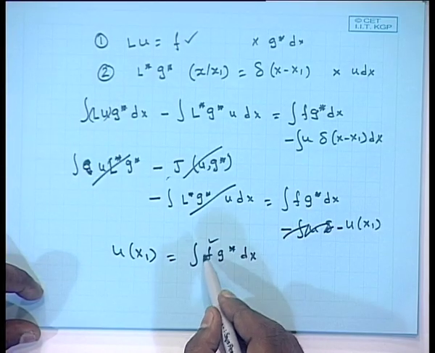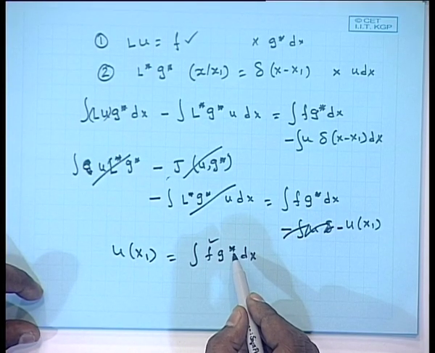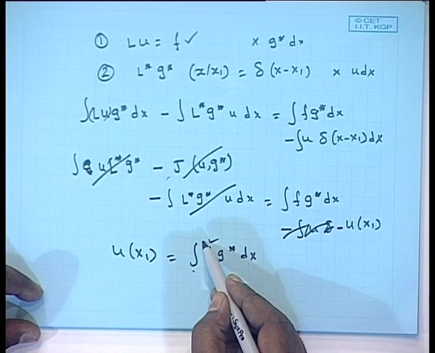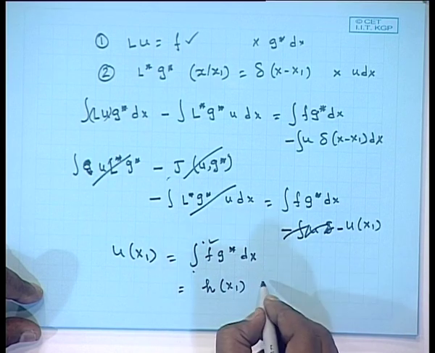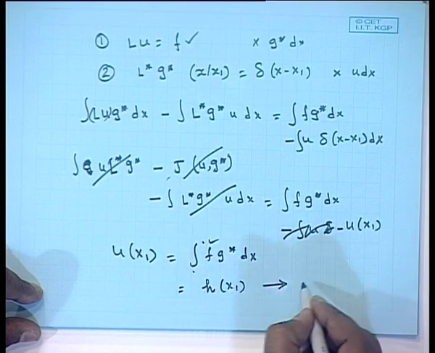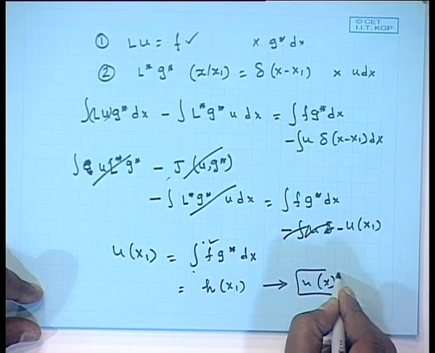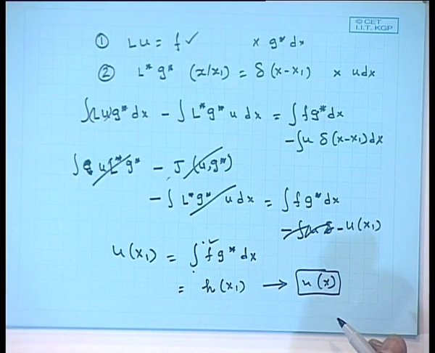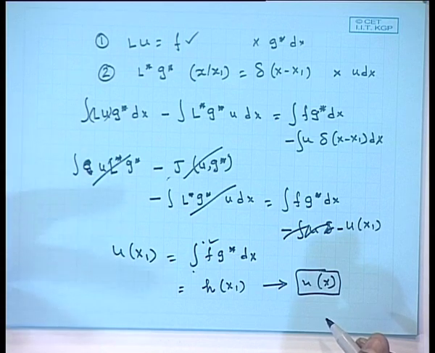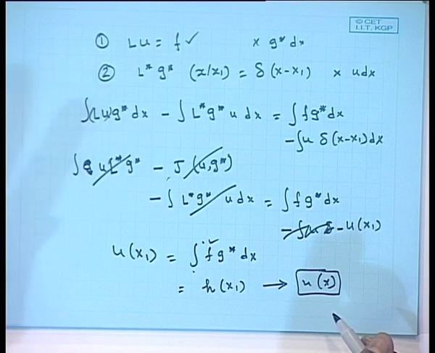You know how to convert G into G star. So, you will be having a variable x1 and x, integrating over x. What will be remaining is a function of x1, right. Now, change the variable x1 into x, you will be getting u of x, the solution, as h of x. Okay, that is the idea. Now, we know how to find G star given G. Now, we will see how to estimate or determine the Green's function, the causal Green's function.